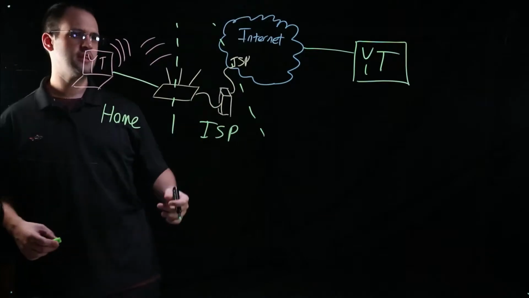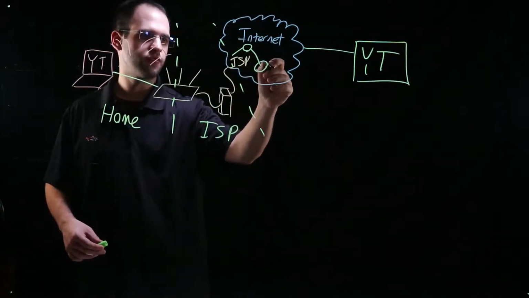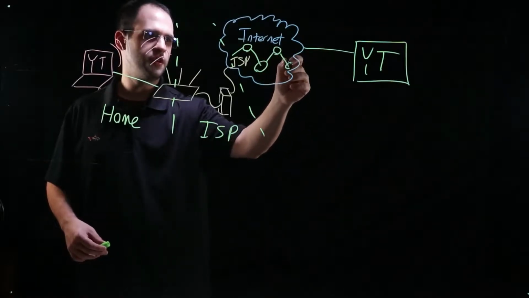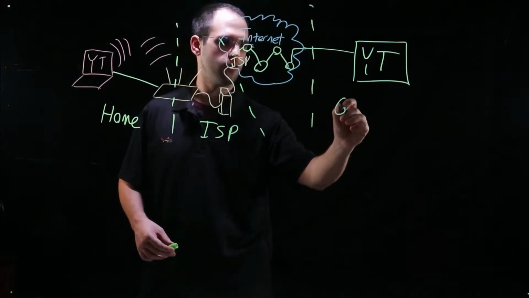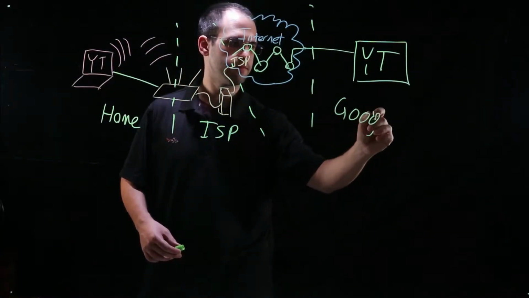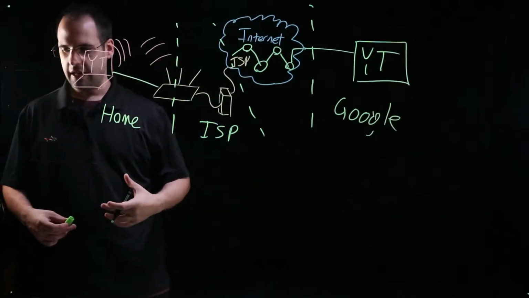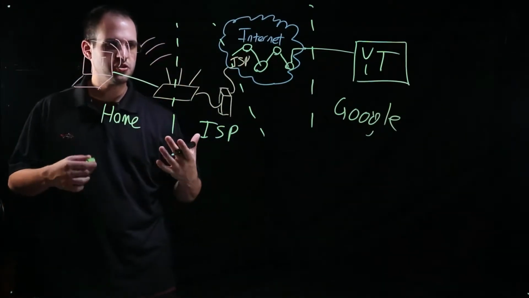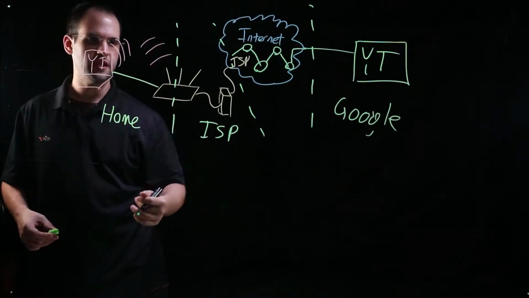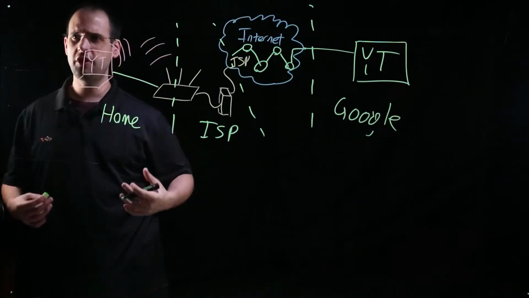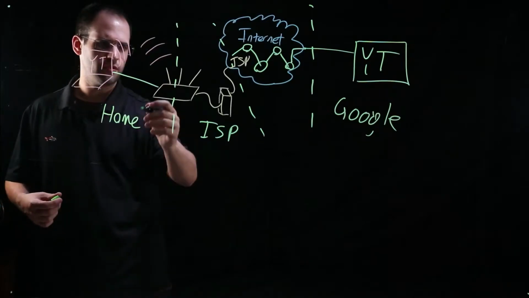And then the internet is actually just an interconnection of many different devices, bringing us from one network to another, eventually bringing us over here to Google. So we're at Google's network, and each step along the way we move from one network or one location to another. We'll see as we work through our networking series and our subnetting series that we'll have many different types of devices,